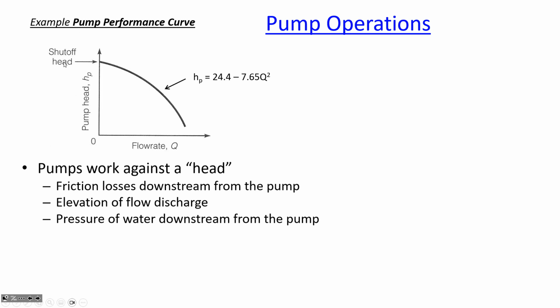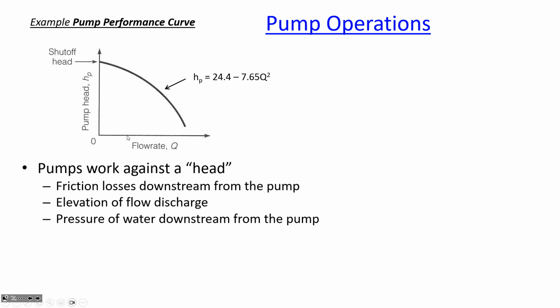The way that a pump is characterized is with a pump performance curve. And so the shape here is the typical shape of a pump performance curve. What it shows is that you could add a lot of head at a low flow rate, and the head that's being added, you can think of that as the pressure. Head is actually the pressure divided by the unit weight, but it's how much energy is being added by the pump. And so at a low flow rate, the pump adds a lot of energy,